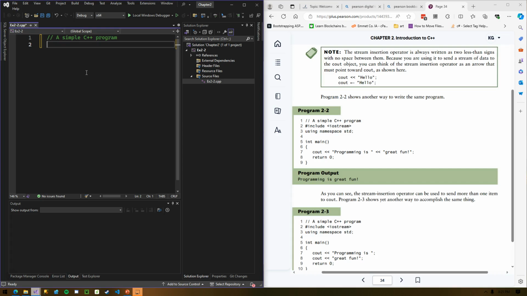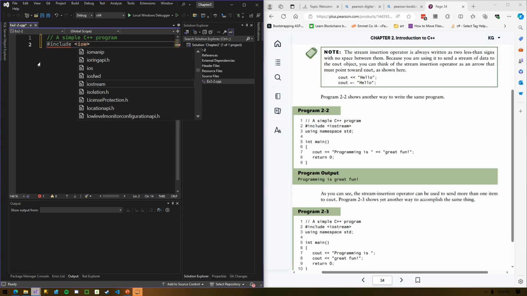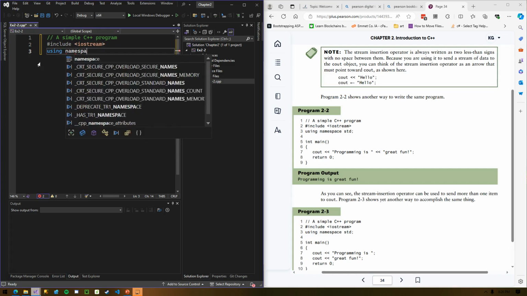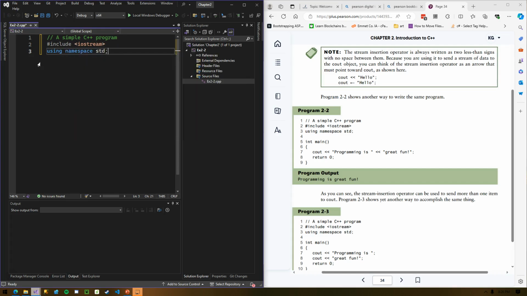But trust me, the act of programming, getting your fingers moving and getting used to typing these keys is very helpful. It just sort of gets you in that mode. It gets you used to using curly braces and semicolons and just the general flow of writing a program. So there's my comment. Here's my include. It also gives you a chance to see IntelliSense in action, code completion. So I type a #, it's going to give me a list of possibilities. Include, tab, IOStream. Notice the syntax highlighting, using namespace std, semicolon.